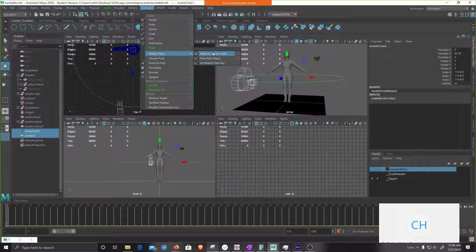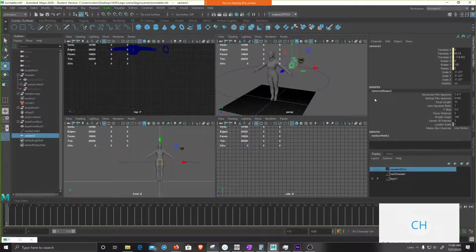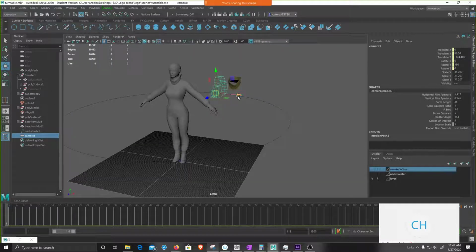Understand the curve is the path, and the camera is what you want to move. So you do that, and the camera is going to be set to the circle. Now you have all the properties of a camera: focal length, f-stop, focus distance, shutter angle, all those things that you would actually want to play with if you're a photography or film major and know about this stuff. If not, the